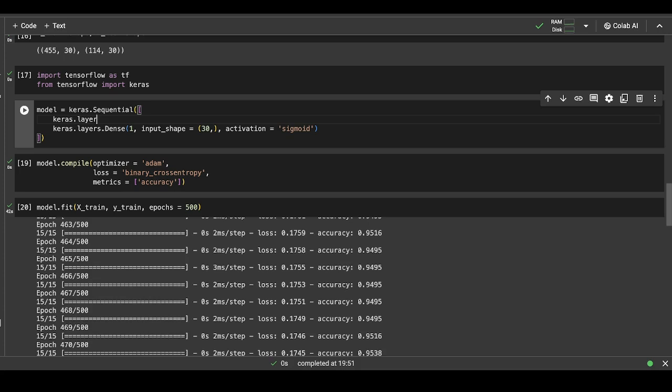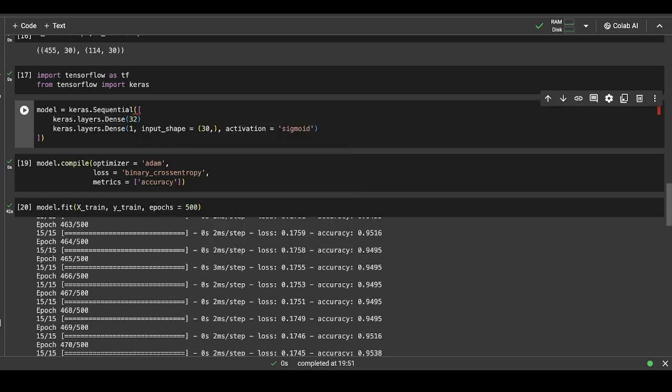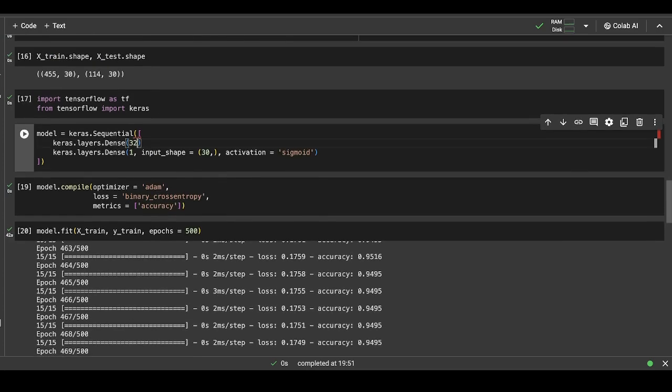Keras dot layers dot dense, and now the output would be 32. Why 32? Because you can give any number of output neurons you want. That is, this is basically the number of neurons in your first hidden layer. You can give it anything. The input shape is 30. Let me copy it from here and paste it here. So the input shape is